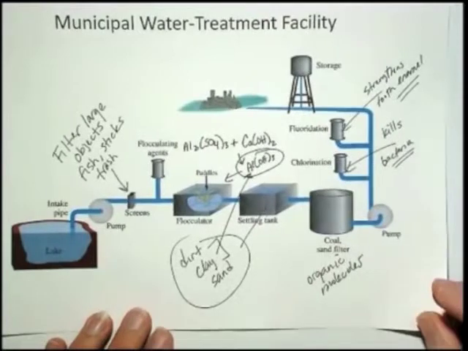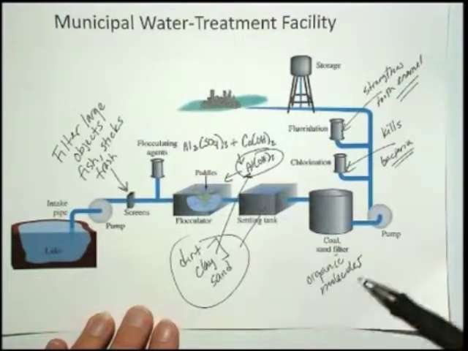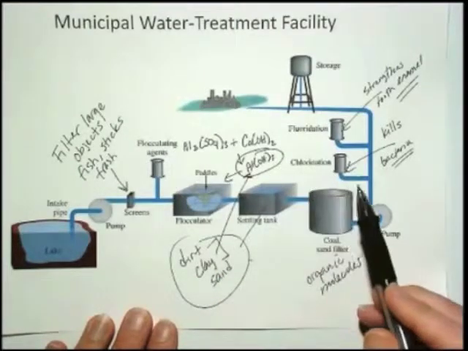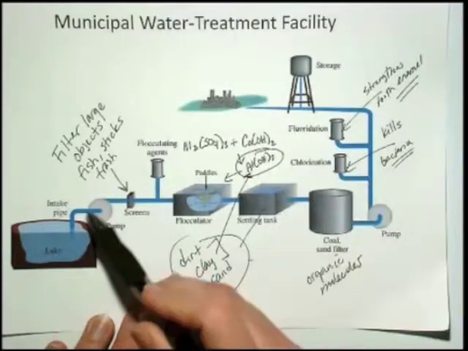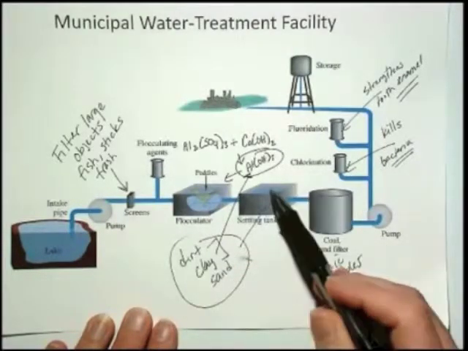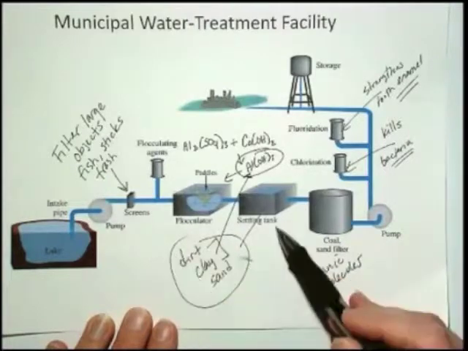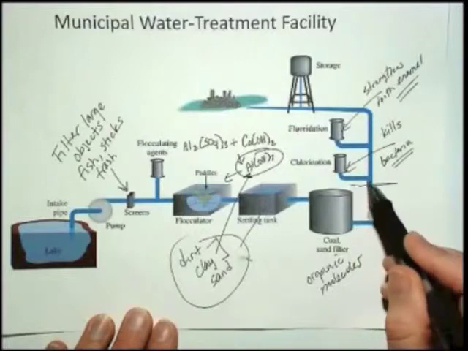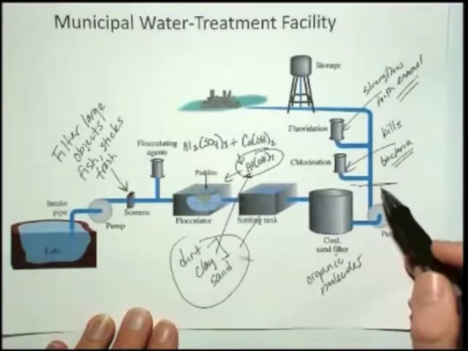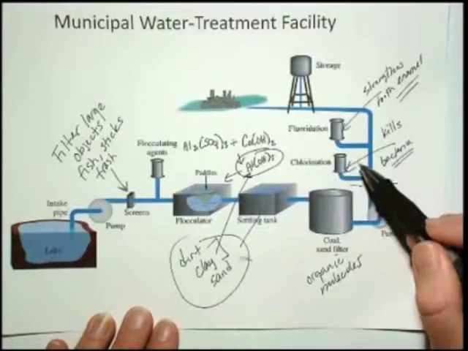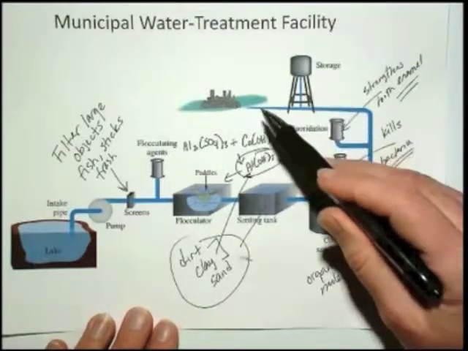If your water source is groundwater, like an aquifer, where a well has been drilled in, all of this part isn't necessary. All of this happens naturally just by water filtering through the earth. So none of this would be necessary. The treatment really starts right here with chlorination and fluoridation of aquifer water, because it's already clean enough at that point. The chlorination kills the bacteria,